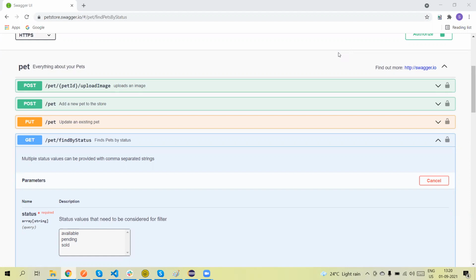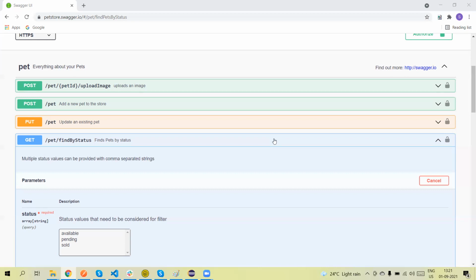Data-driven testing is when we run one test case with multiple different sets of data. We pass the set of data to our test script, and the test script executes multiple times, once for each set of data. TestNG provides an annotation known as the data provider. If you don't know what the data provider is, I have added the TestNG links in my description. You can go and watch.